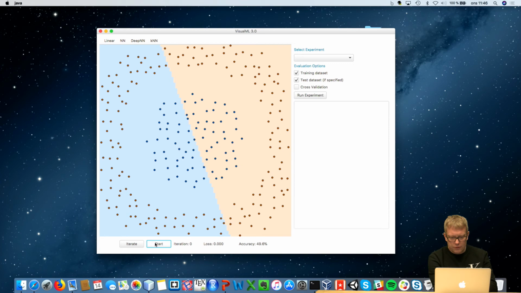We can also look at the circle example, and if we train here we will see that the linear classifier will always output one class for all input examples. So the accuracy will always be 68.6%. But if we instead